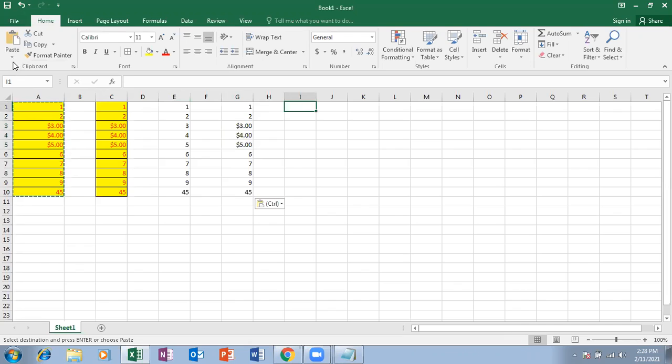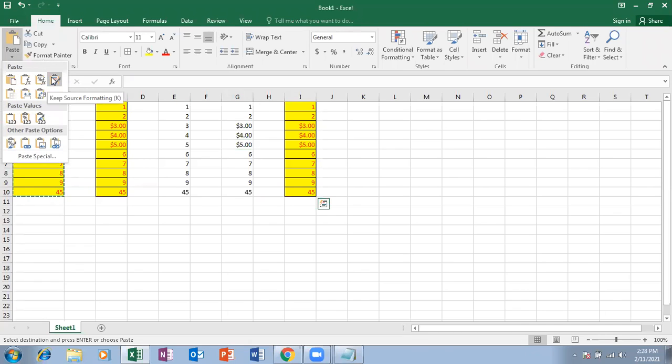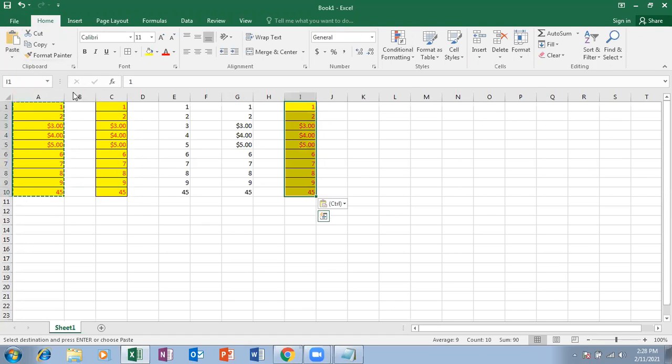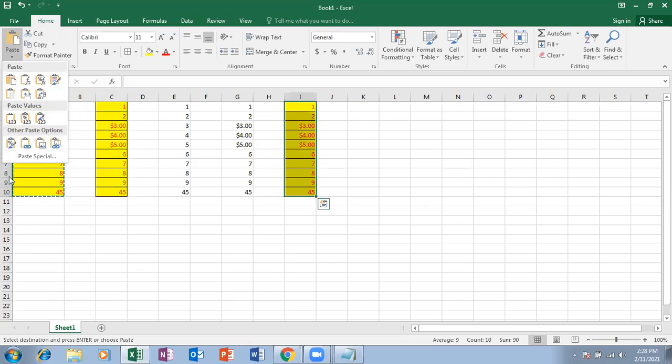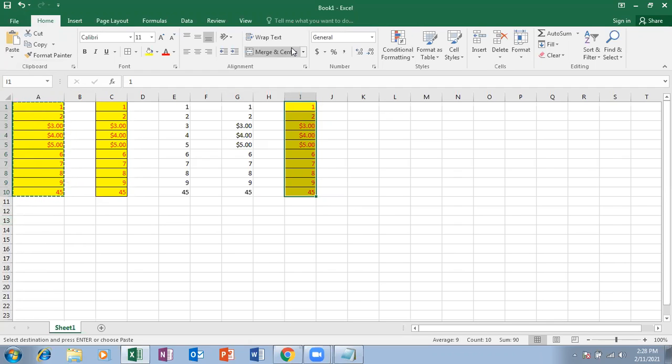And again, let me click here, paste, keep source formatting. Whatever the formatting in the source, this is nothing but keep source formatting. Whatever the formatting is there in that particular source, where we have copied the data, from there the formatting will be copied and the same formatting will be pasted here. What is the formatting? Background color yellow, text color red, and number formatting with dollars, currency format. The same formatting will be carried, including the formula.